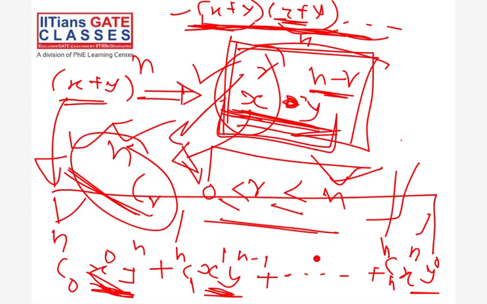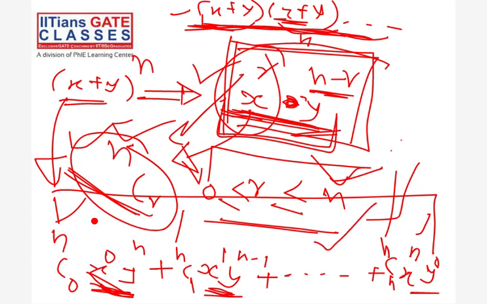So we can write nC0 as nCn. Similarly, we can write nC1 equal to nC(n minus 1). Also we can write nCn equal to nC0. That's why you can get many expressions, but all these expressions are the same. For example,